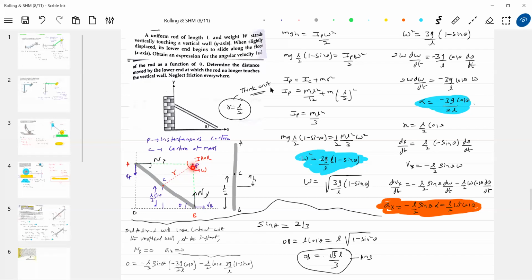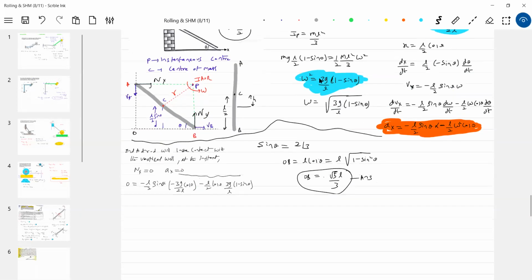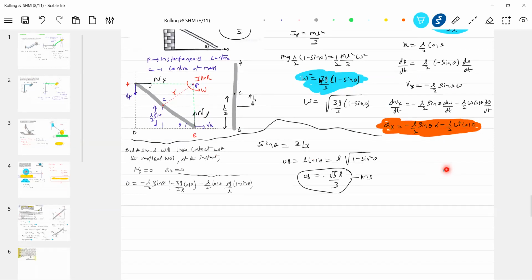No, no, no, no. The point P is the instantaneous center only for velocity. No, it need not be the instantaneous center for acceleration. The reason for that, I'll tell you. So in the rolling motion, if a body rolls, no,